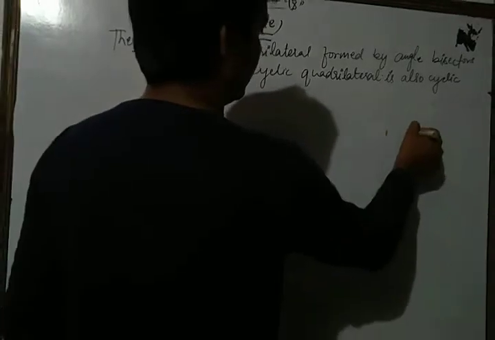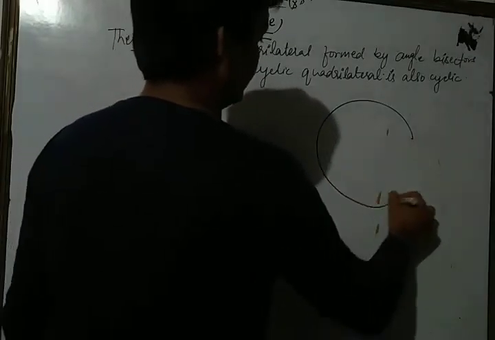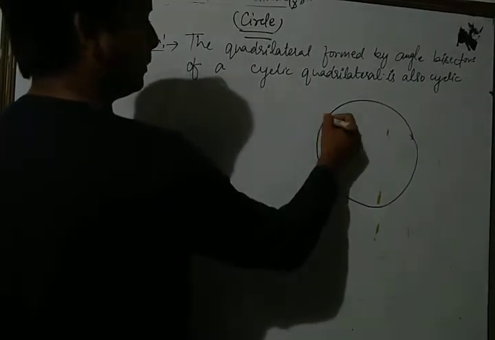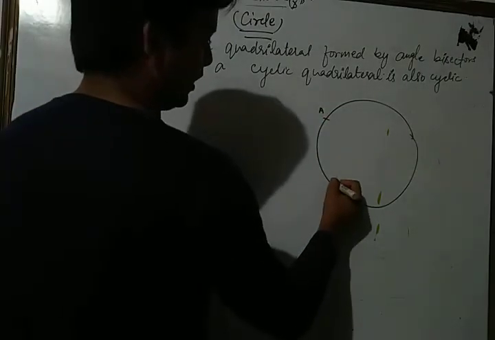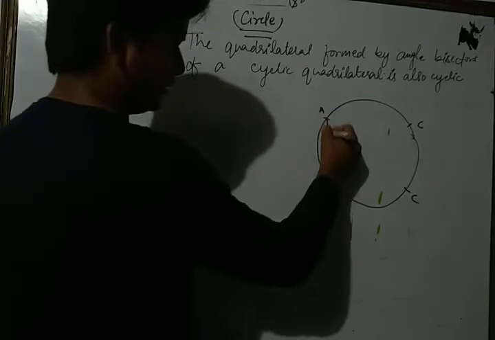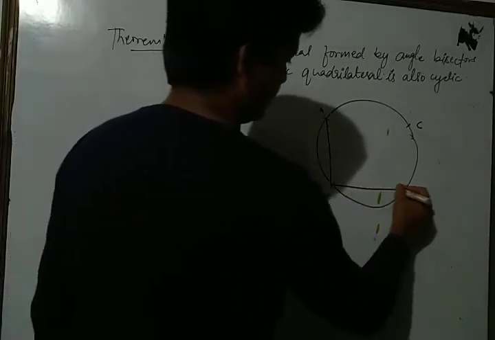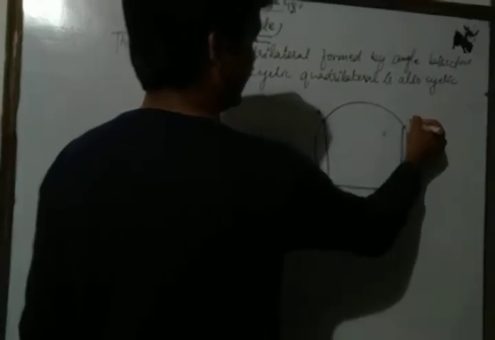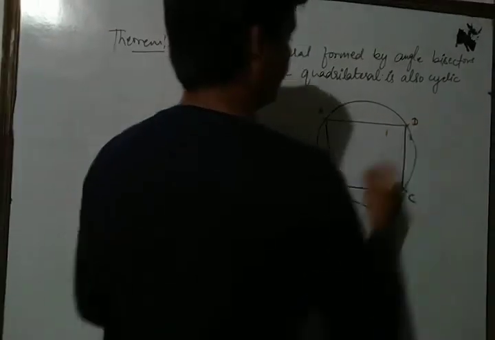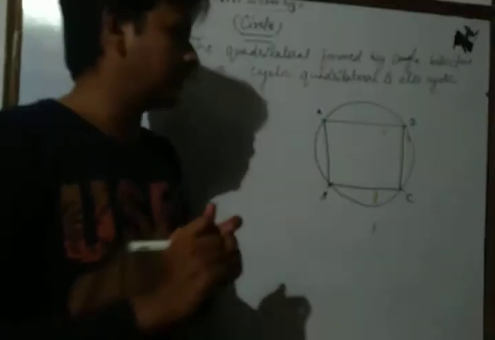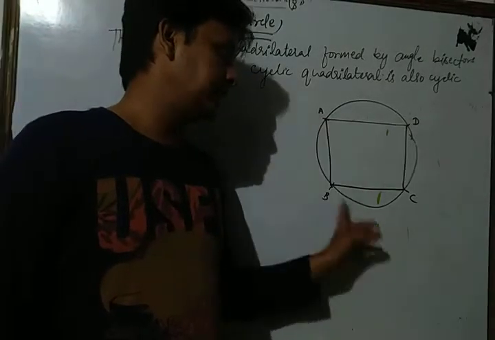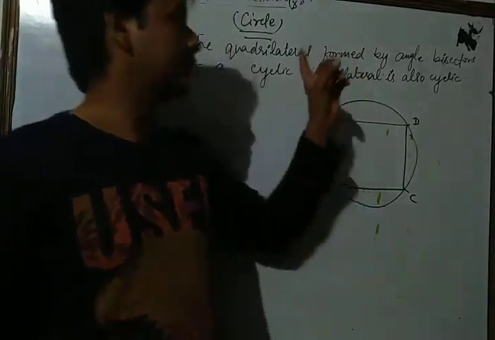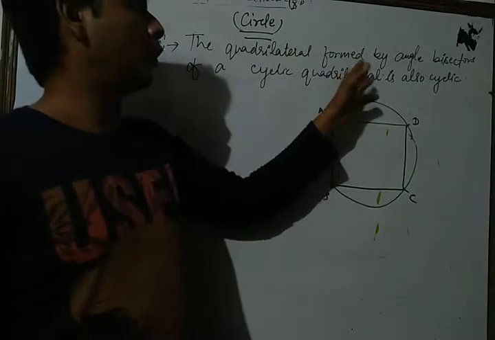Let us consider A, B, C and D. Join AB, BC, CD and DA. Dear students, this is a cyclic quadrilateral ABCD, and according to our theorem, the quadrilateral formed by